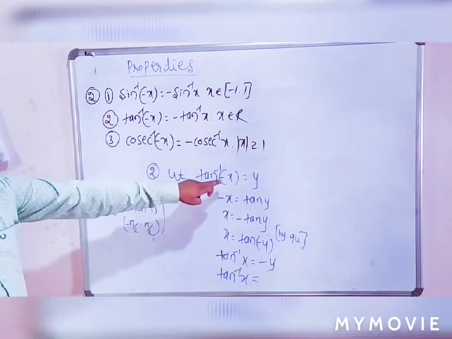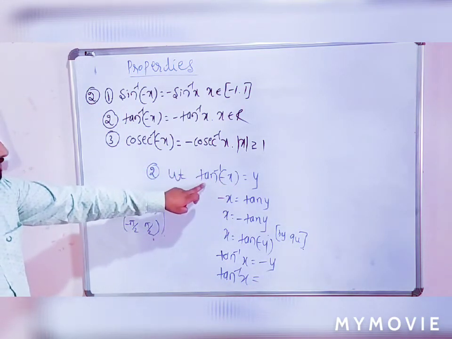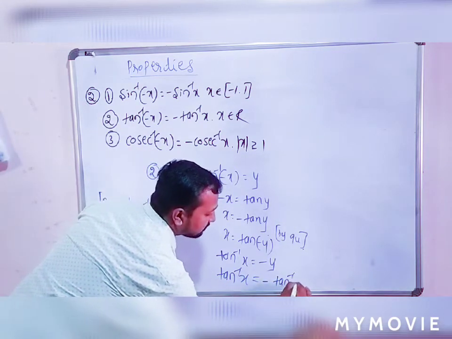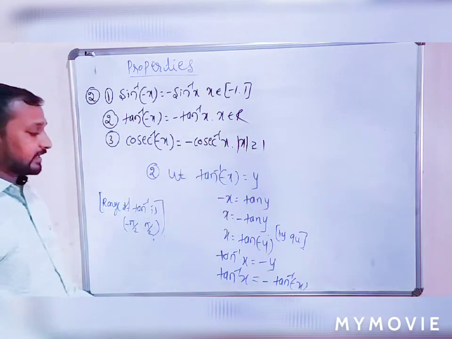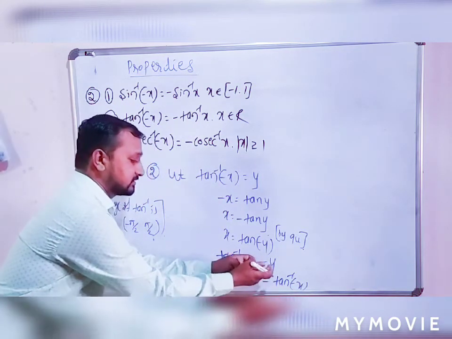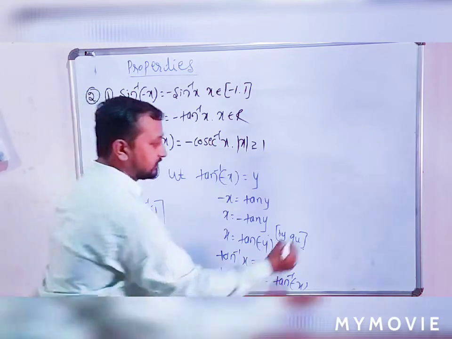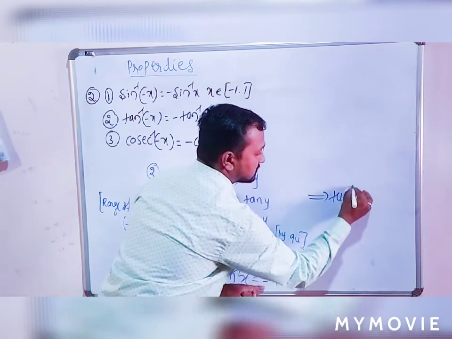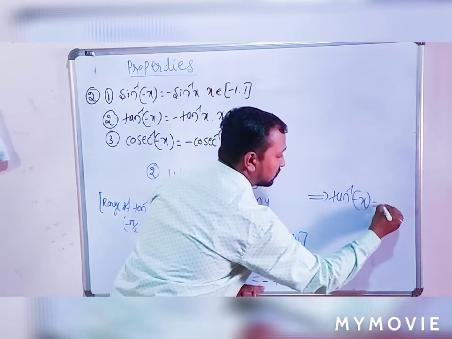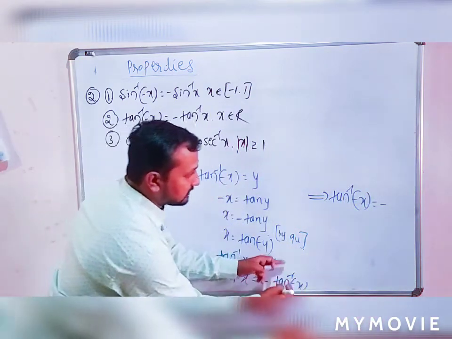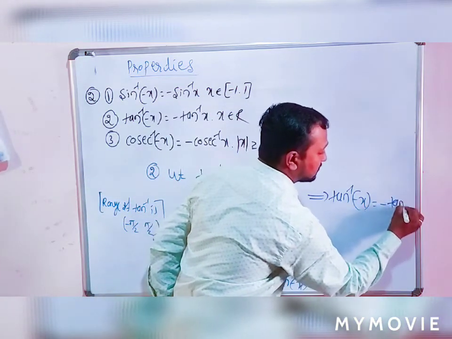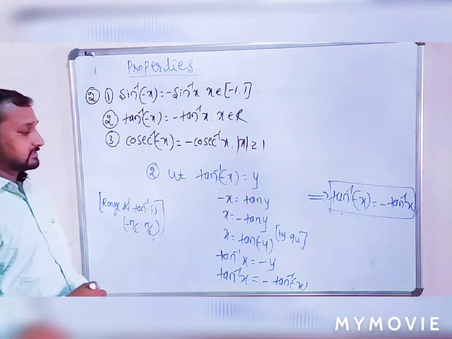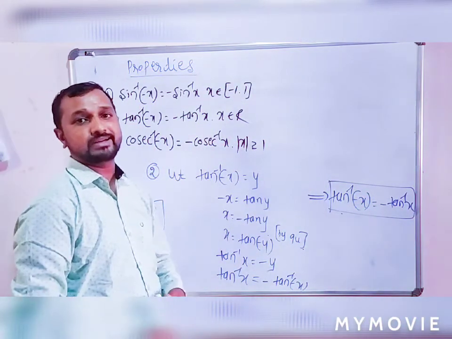What is the value of y? Minus as it is, y is nothing but tan inverse of minus x. One step shifted to the left hand side, then the right hand side. This will become the last step: the function tan inverse of minus x on this side is equal to minus, as it is, and this function is shifted to that side, that is tan inverse of x. This is a very important result.